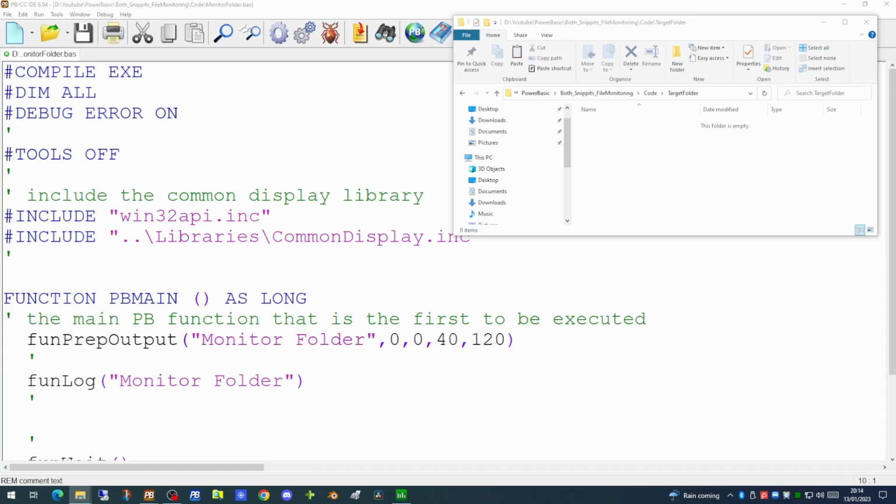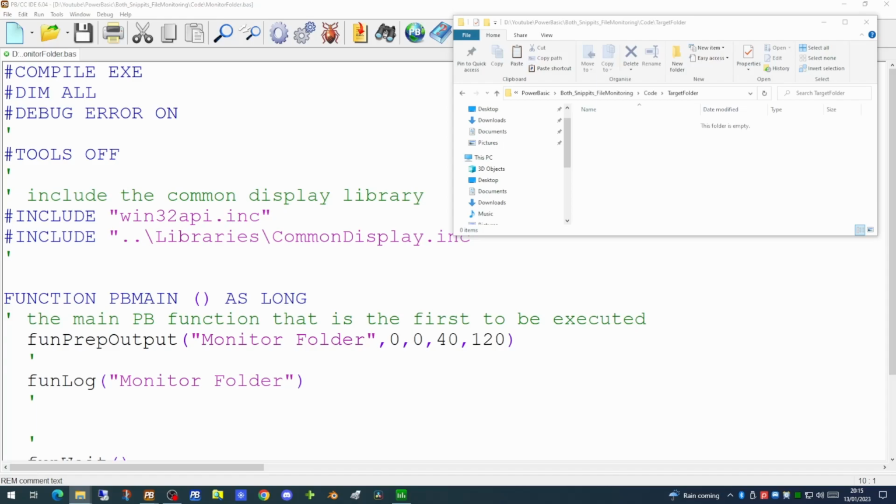In this application, we're going to be doing the task of monitoring for a file appearing inside a folder. Let's say one of our users is going to prepare a file, and this file is going to be deposited in this target folder. At the moment, the target folder is empty. And our application is going to have to monitor this target folder until such times as a specific file is deposited in that folder. Our application can then begin processing it.